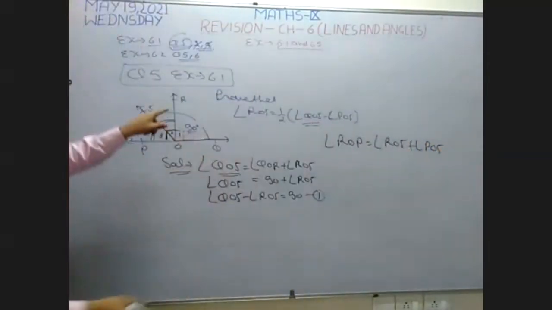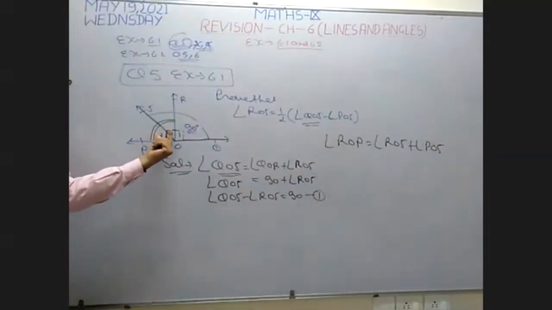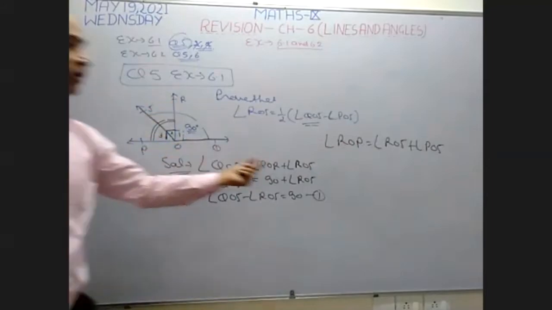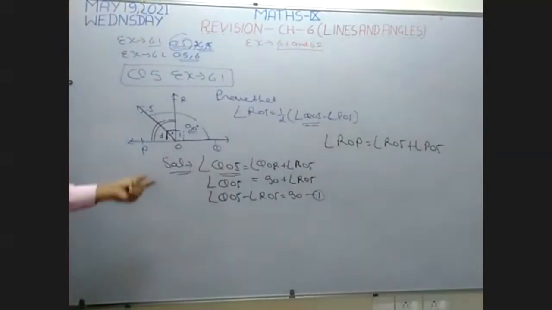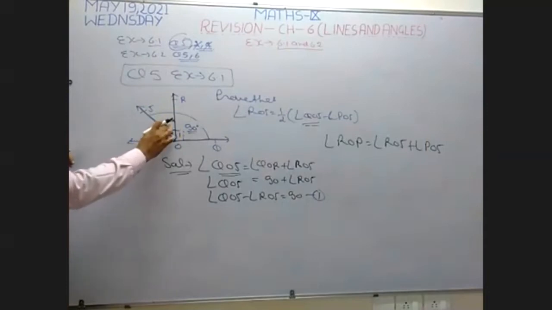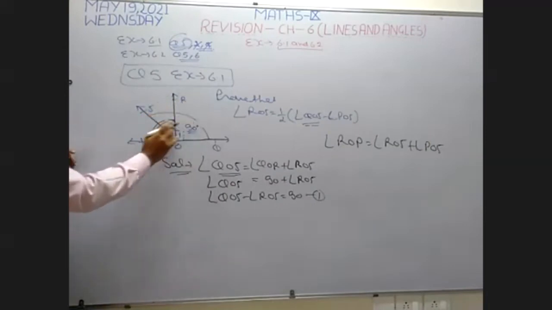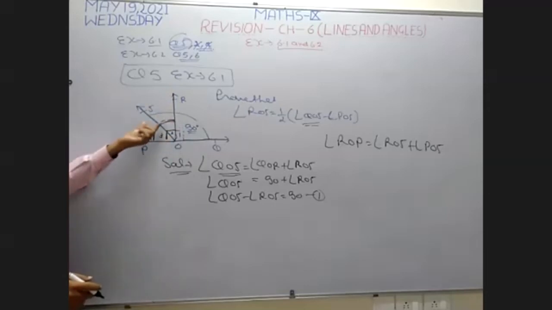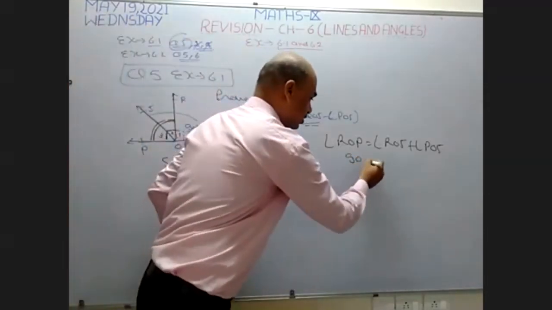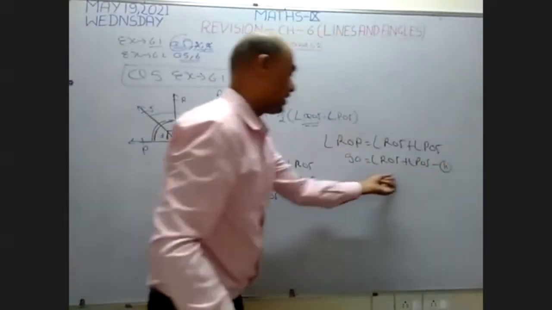Okay, beta. I take this angle ROP. I write here ROP. Now this angle has two angles within it, so the sum of the two angles is equal to ROP. So write here ROS plus POS. Now, whose value is given? The value of ROP is given, which is equal to 90 degrees, because this is a perpendicular line. It means if it is 90 degrees from the right, it is also 90 degrees from the left. So this angle ROP is also 90 degrees. So write here 90 degrees is equal to ROS plus POS. I take it as number 2.